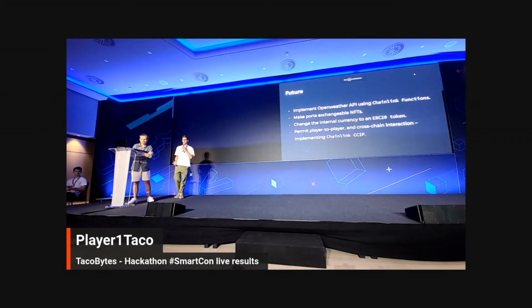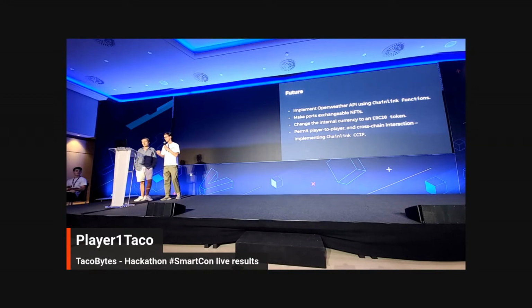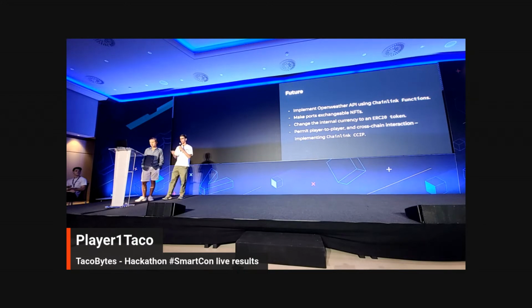So in the future, since we believe it's important to use hackathons like these as a starting point for your project, not necessarily to make a lot of fun, but also to keep working on it and to seek advice, what we plan on doing is using Chainlink Functions to implement the OpenWeather API, such that trade itself is dynamic, and then you can use real-time data to affect the rewards and the time that a certain trade may take. Yep, time's up.